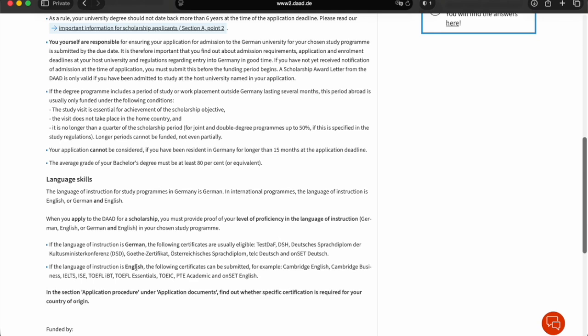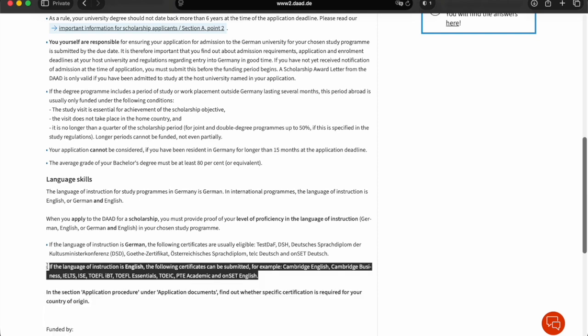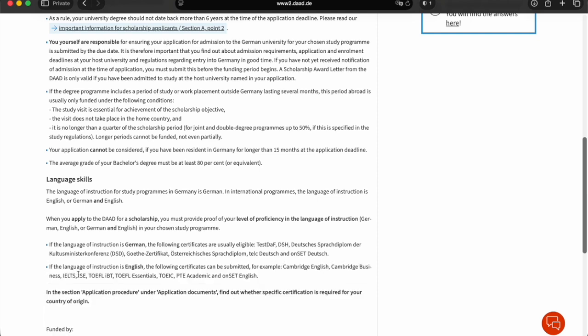Then for the English language, we have Cambridge Business, IELTS, TOEFL iBT, TOEFL Essentials, PTE Academic, and even Duolingo English. So it is also a really good list. It means that almost all of the English exams are accepted. IELTS and TOEFL are the most popular ones, and normally you all have IELTS and TOEFL for the